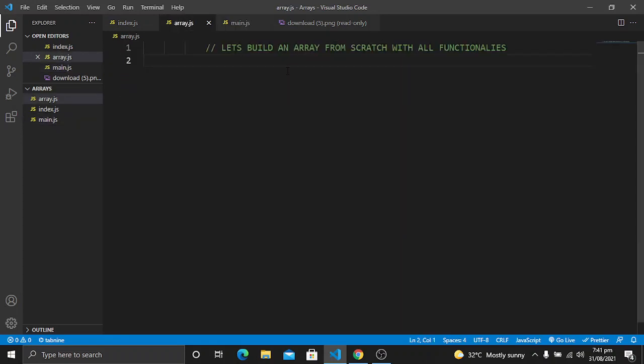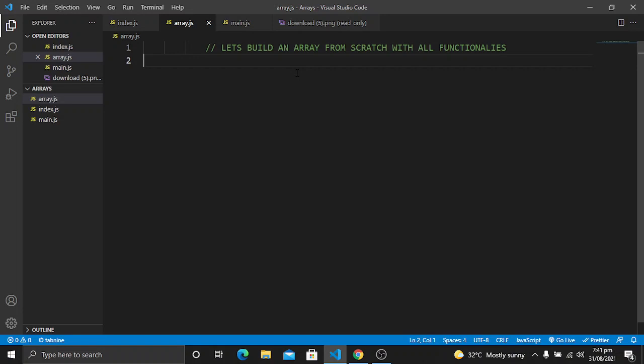But in this part we will create all of these functionalities from scratch. We will not use any of the built-in array methods. For this we will use the class syntax in these operations that we'll perform.